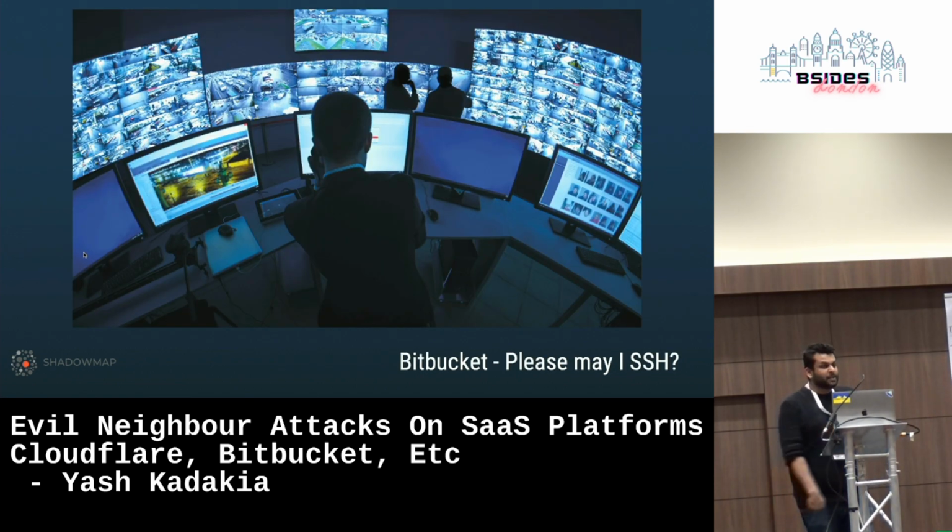Bitbucket, again, something very similar. So what happens during a lot of our red teams is we end up with credentials, right? We'll get access to SSH keys, we'll get access to passwords, but we won't be able to actually talk to the server eventually because the server's behind some sort of controls. And that's exactly what happened to us during one of our red teams. I believe through Confluence or Jira or somewhere that we'd compromised, we ended up getting SSH keys that were being used on some particular set of servers. We just could not talk to the server, right? So we had the keys, we couldn't get to the door, and it was really frustrating.